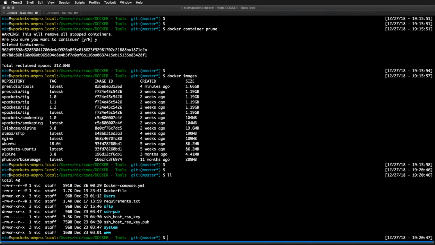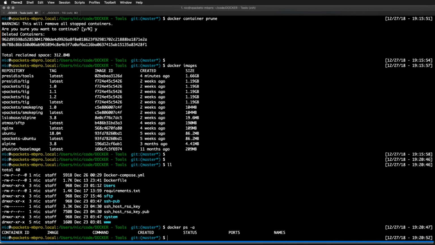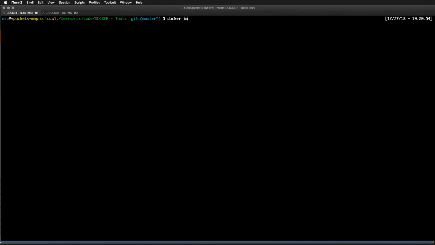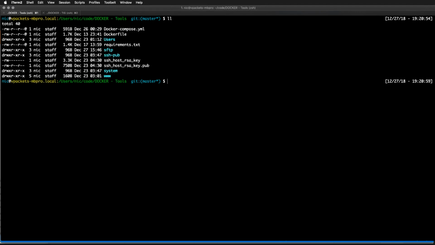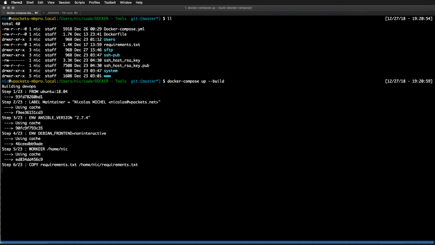So I have my Dockerfile here. Let me check if I have any Docker containers. No, I don't. So I have my Docker Compose file and my Dockerfile, so I have everything in my directory. I will just do a docker-compose up and build the image, and as you can see, it will start building